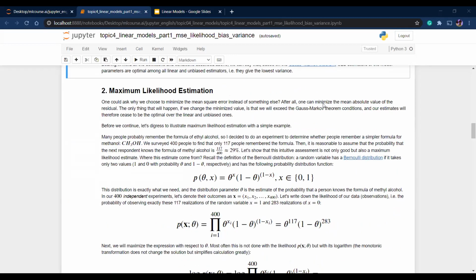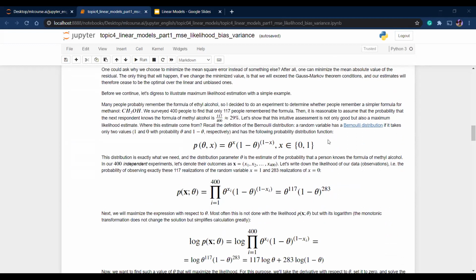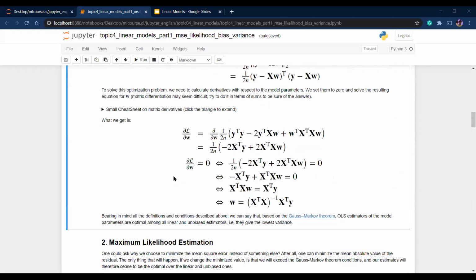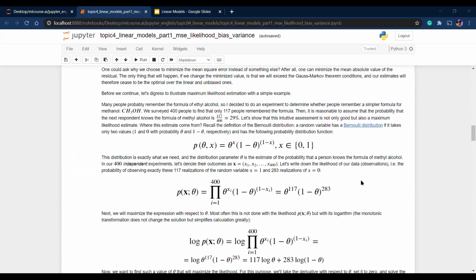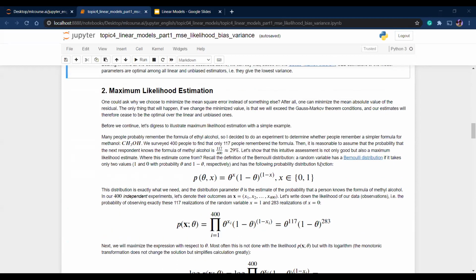Okay. And now moving on, I'll move on to the maximum likelihood estimation, which is like a probabilistic approach to this closed form solution. But yeah, it follows the same model and the form is the same. So here there's an example where